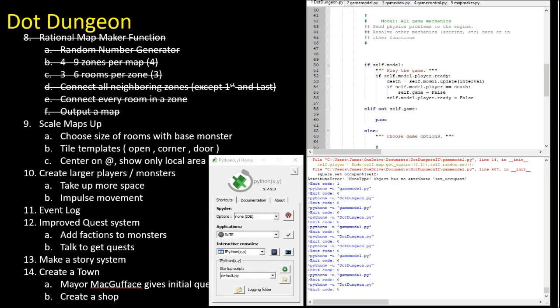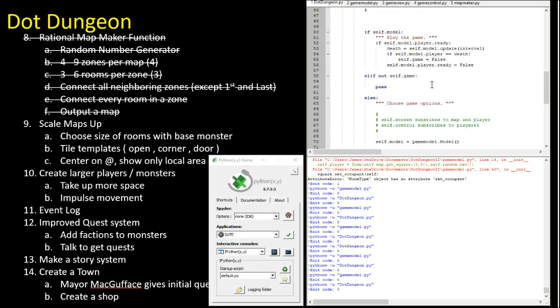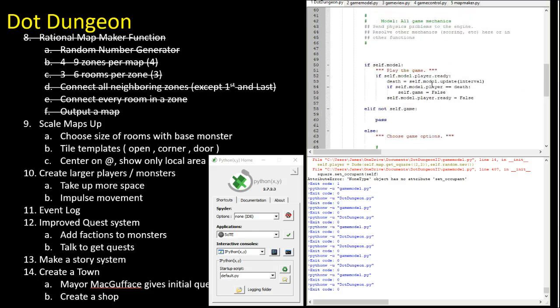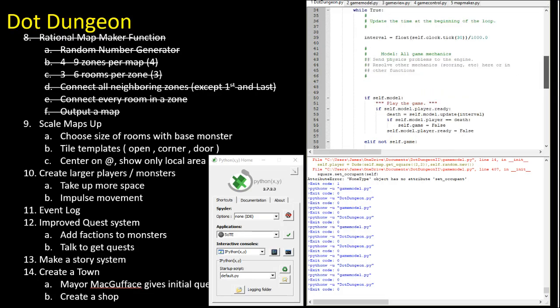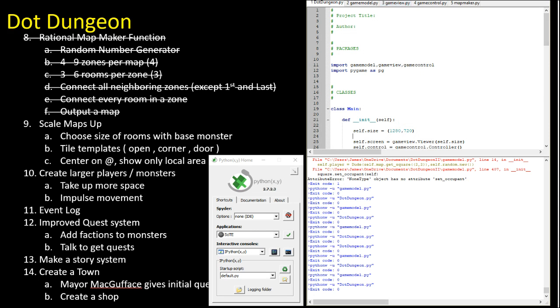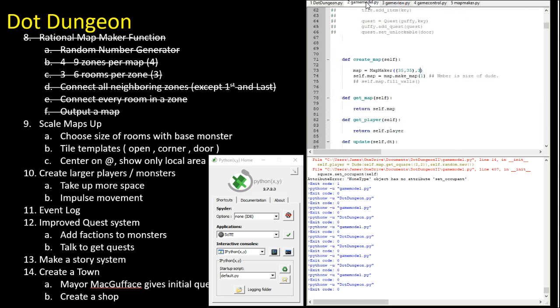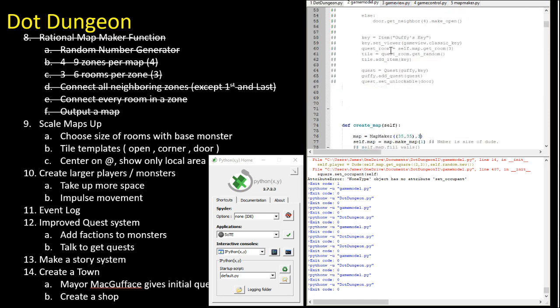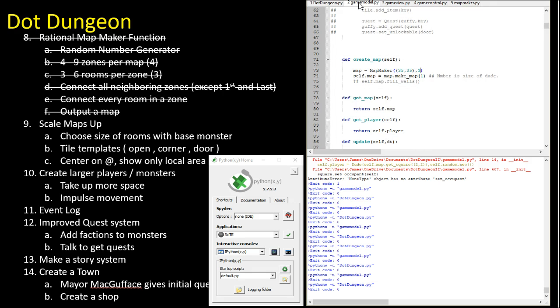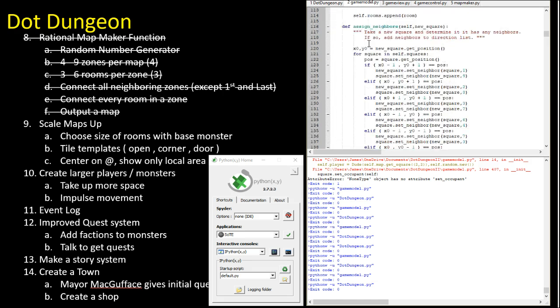All right, so let's see. So that's what we want to do, we want to center on the dude. Let's see, somewhere in here for the map,